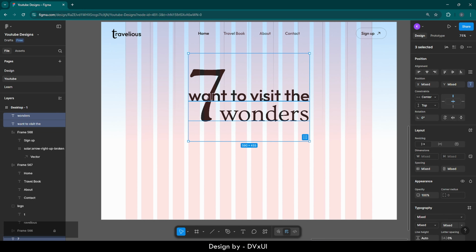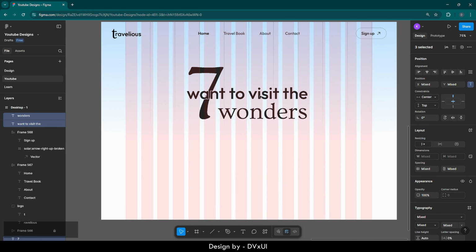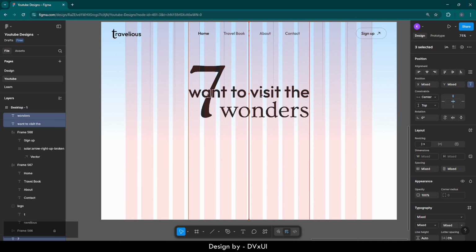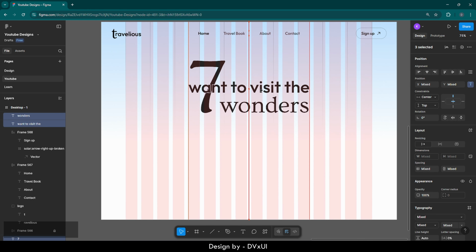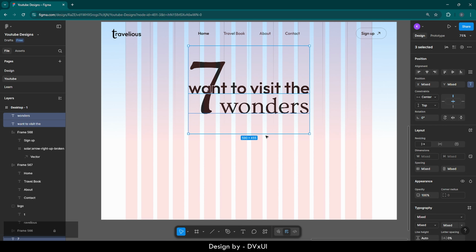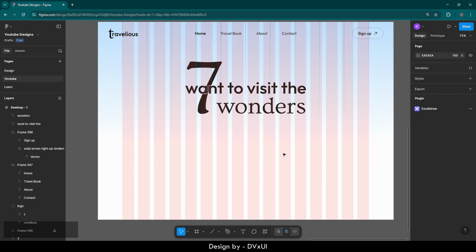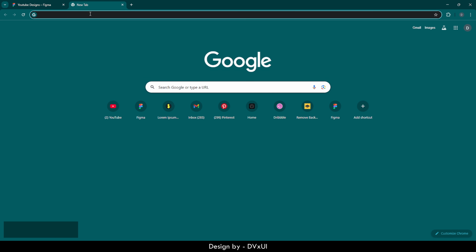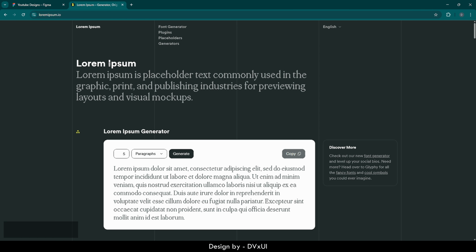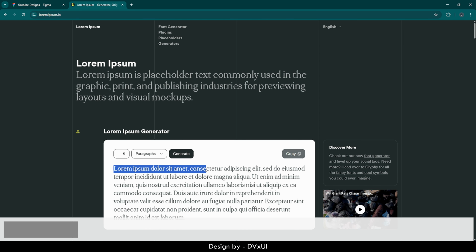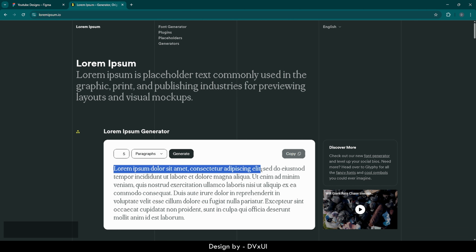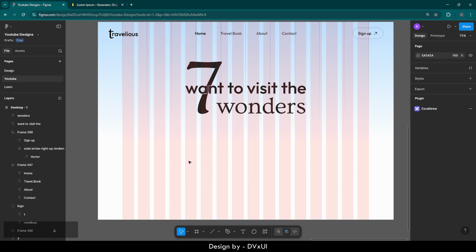So now this is done, and let me see if they are aligned correctly. So yeah, this is the alignment. Let me push it a bit up, something like this. Yeah, this is good. So now what we need to do is we need a description of this website over here. So for that description, I will open once again a new tab and then go to lorem ipsum. Well, this is a website where you can copy this placeholder text, and I'm going to select this much, copy it, go to Figma again, take a text,